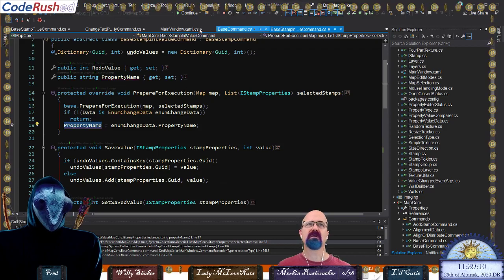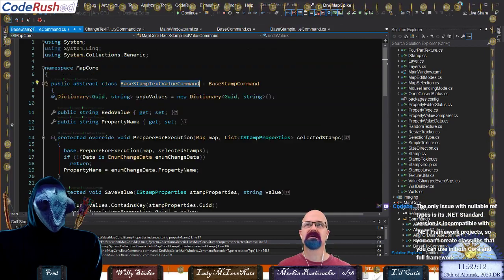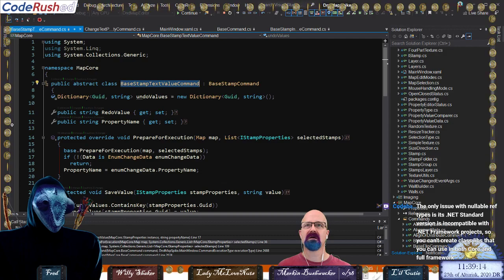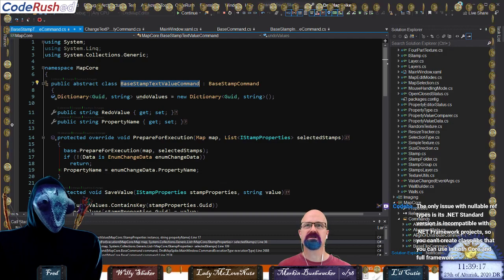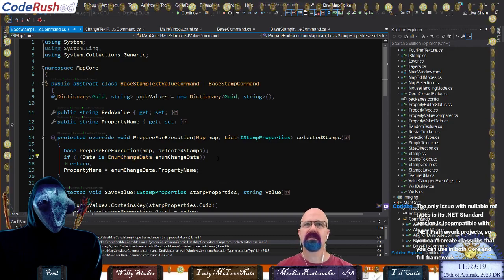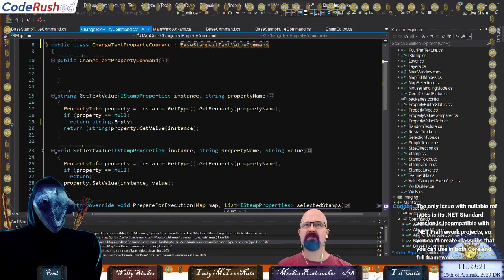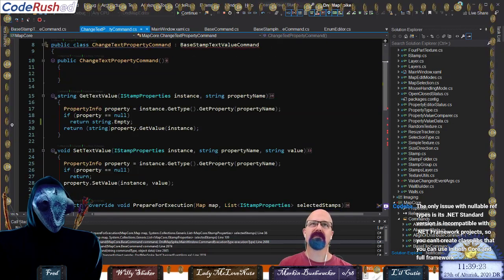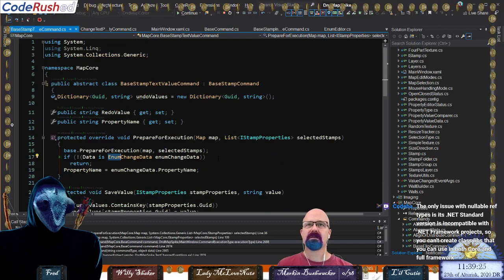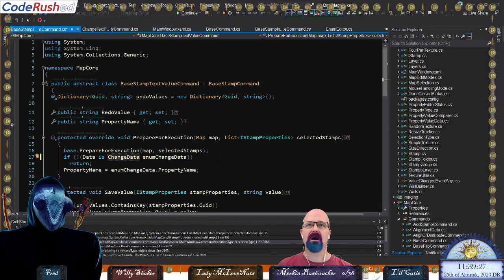We should have the same thing over in our base text. We are setting it here. Enum change data. Oopsie doodle. That's my problem. This might be the problem here. Hold on a second. This might be a problem with